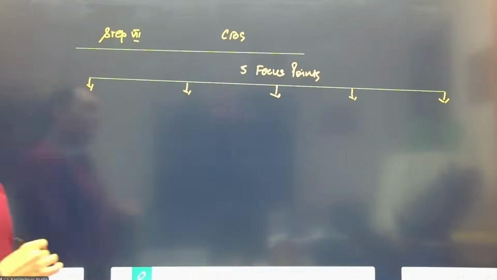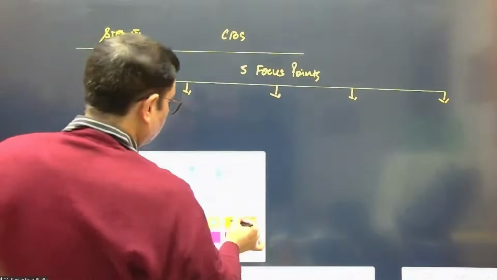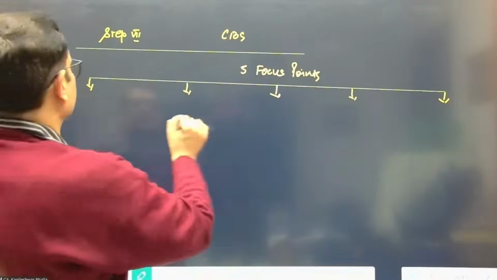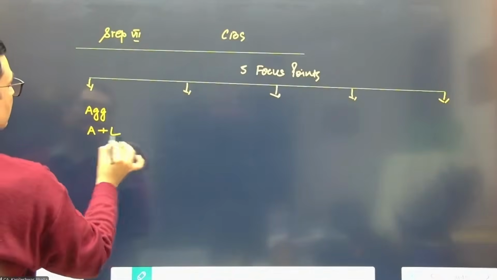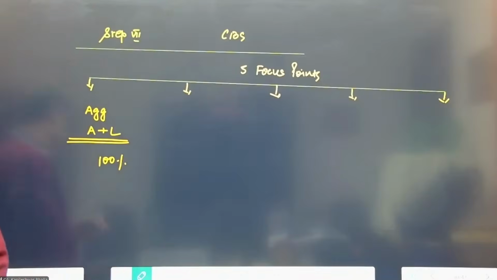Okay, let's go further with this. We are now going to consider the inputs in terms of the 5 focus points. So tell me, what are the 5 focus points? I think you'll remember the rules easily in this case. Aggregating all assets and liabilities to the extent of 100%. That's right, indeed. We aggregate assets and liabilities at 100%, irrespective of whatever stake there might be.